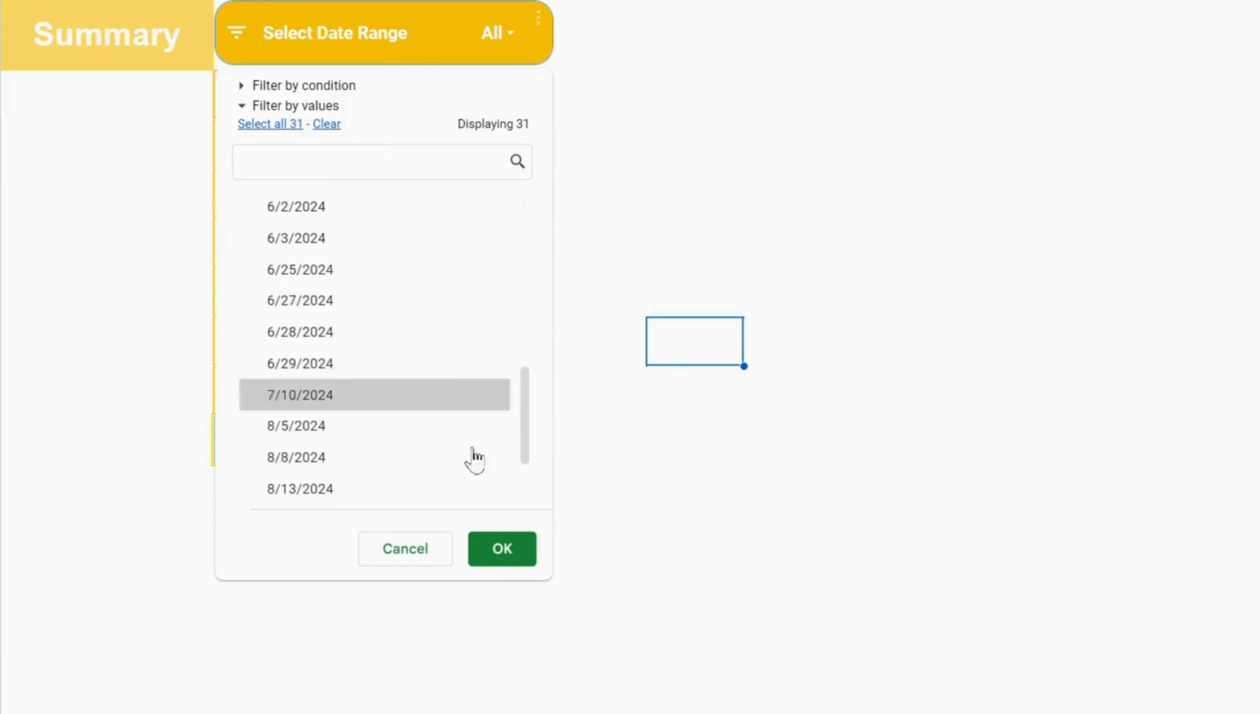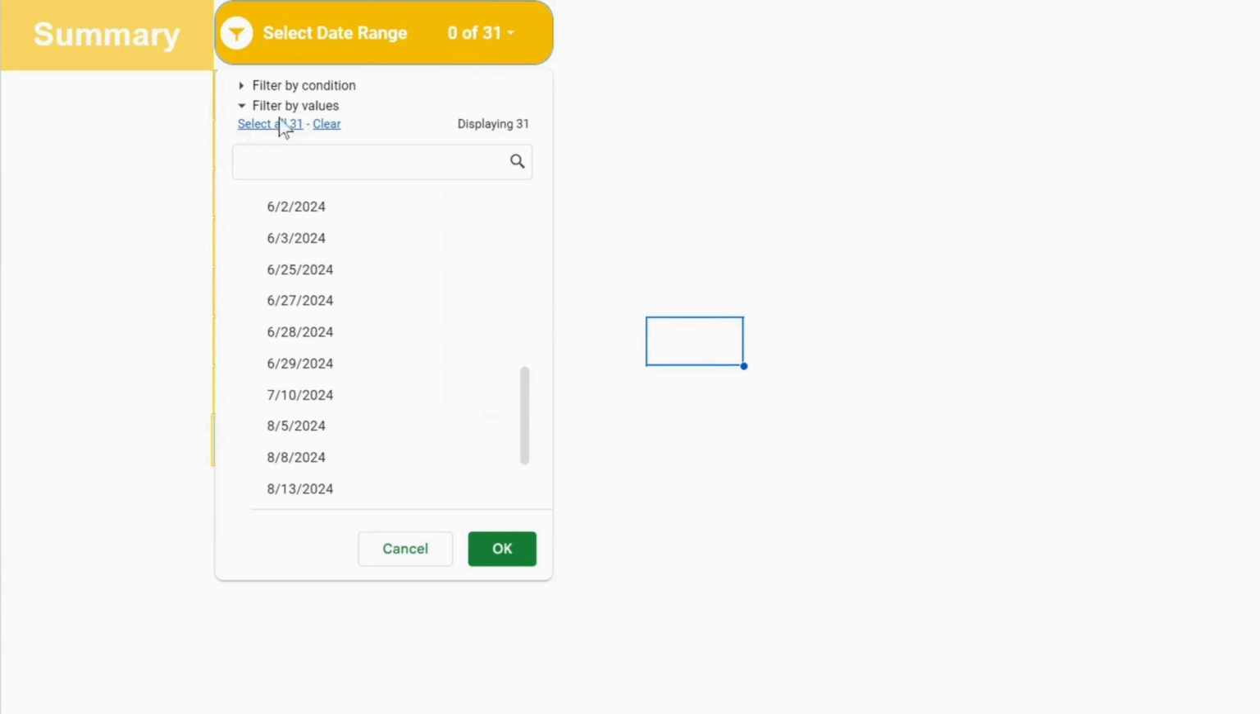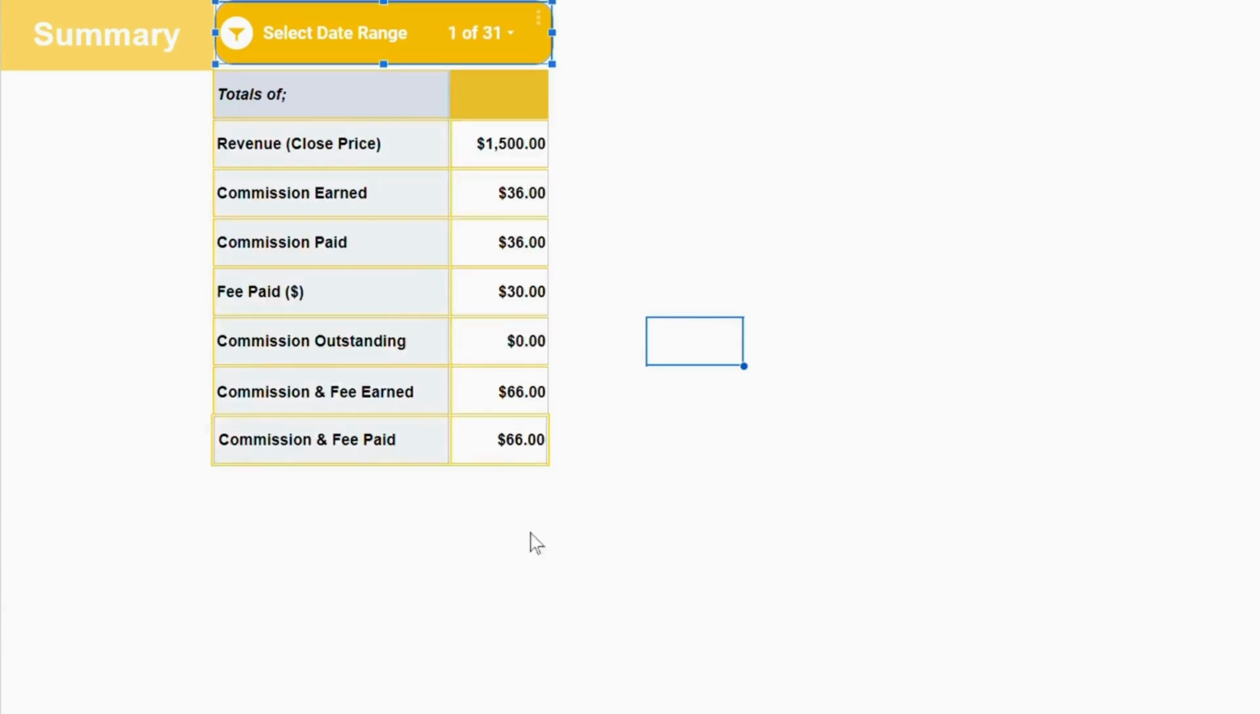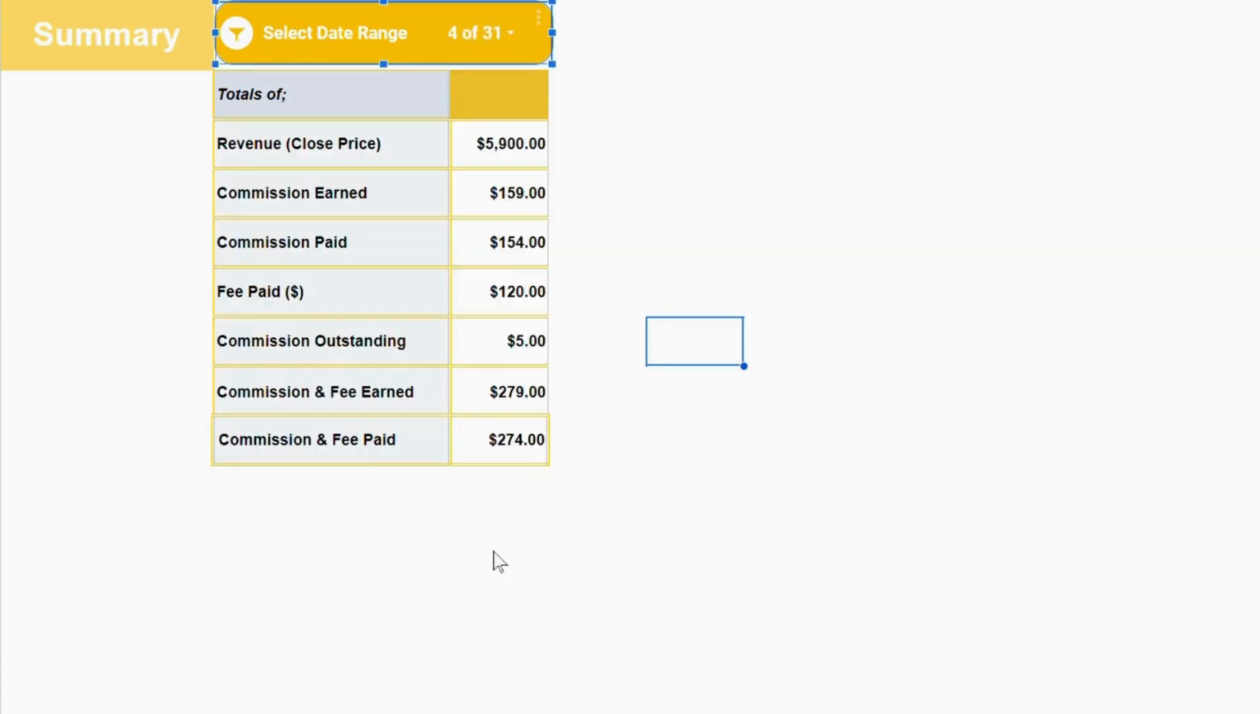If I deselect everything, you will see that there will be nothing in the table. If I select all, this will clear. And similarly, if I select a specific date from here, the values according to that date will show up. You can select multiple values as well. I can just use this, and this. So we'll see that the values